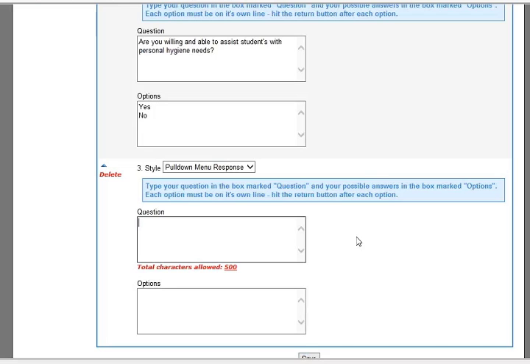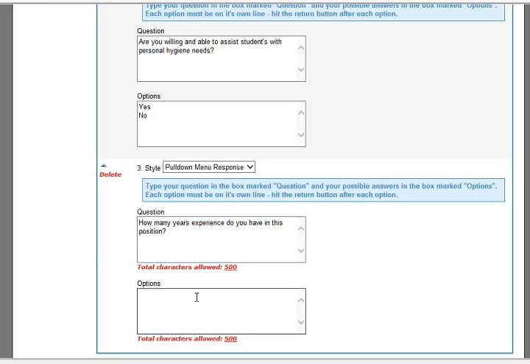Okay, so here I'm going to put a question and then show you what that looks like and how you can use it. It works much the same way as radio button selection, except instead of showing it all on one page, they have to click the pull down to show it. So the question I'm going to enter is... and my options are going to be 0 to 2,